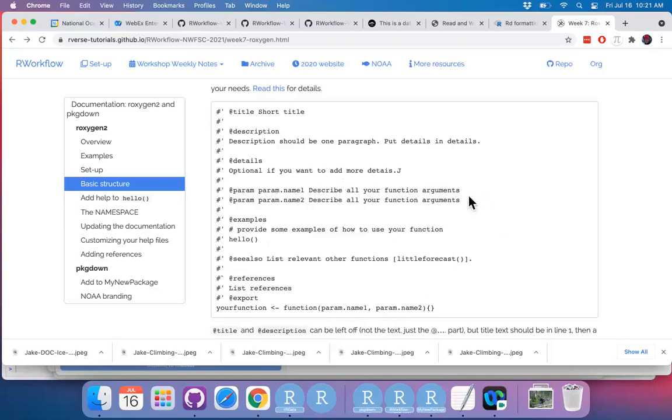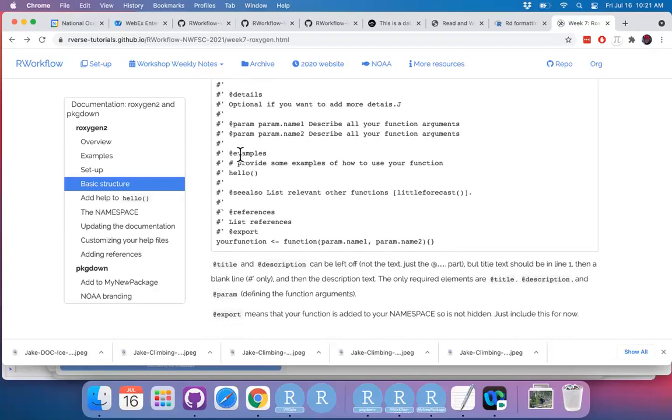You kind of add whatever you want there. You could add examples to it, and then @seealso is also common. And then you could have references. And then the @export means you want this added to your namespace as a function that users would be able to run just by typing the function name after they load the